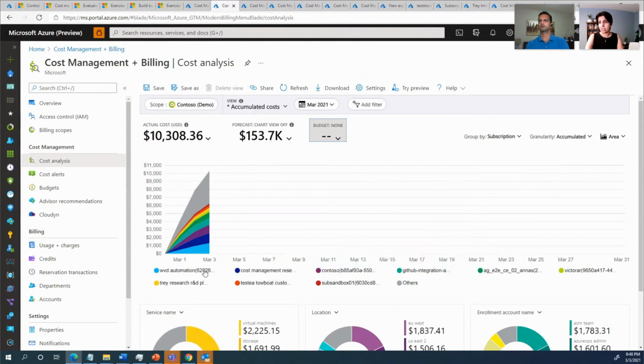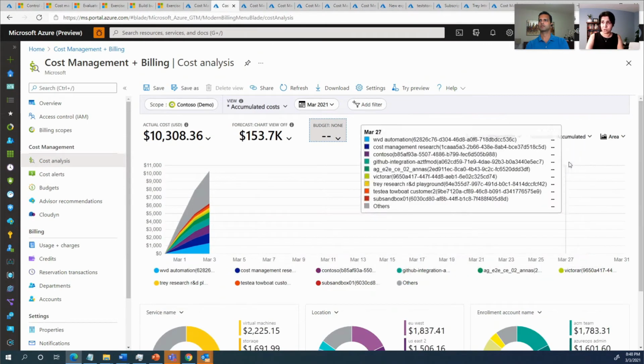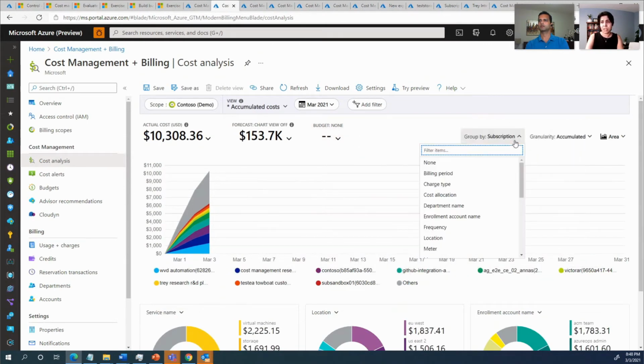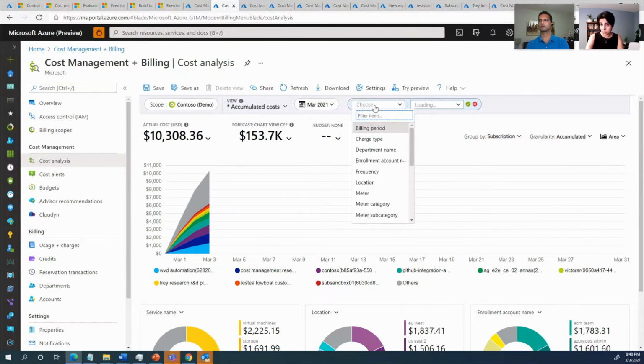And you can see now that these are the subscriptions that I've grouped. So I can select, and there are about 21 plus dimensions that you can slice and dice by, like subscription, resource group, to name a few. Our documentation clearly lists the power of the filter that is available here in group by. It's not just a group by. These same metrics are available to us as filters as well. You can go in here, select a specific filter of, say, a specific subscription or a specific resource, and see